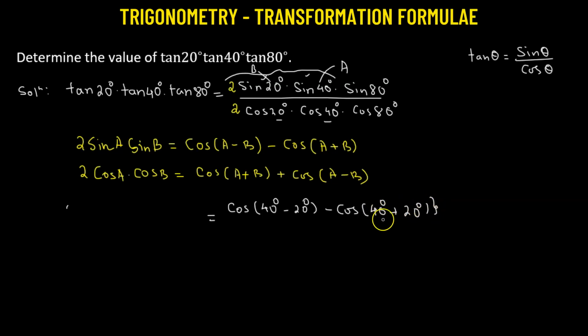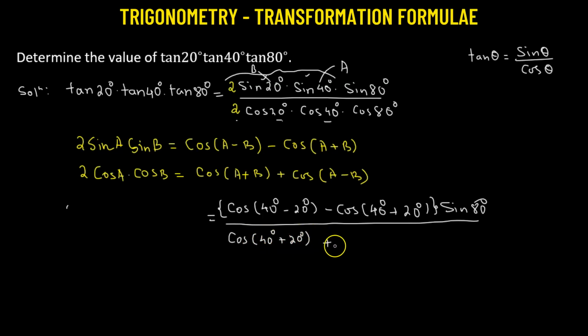This expression will be multiplied by sine 80 degrees. In the denominator we have 2 times cosine of B times cosine of A, so this becomes cosine of 40 degrees plus 20 degrees plus cosine of 40 degrees minus 20 degrees, whole multiplied by